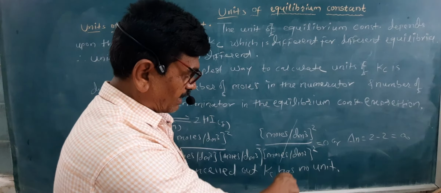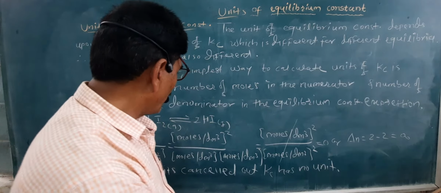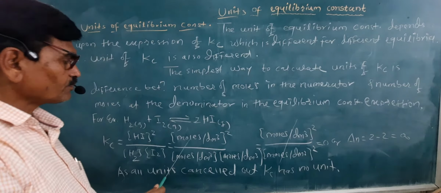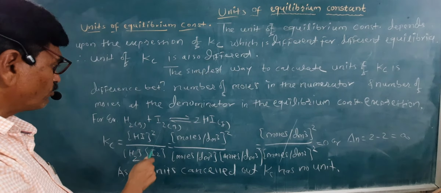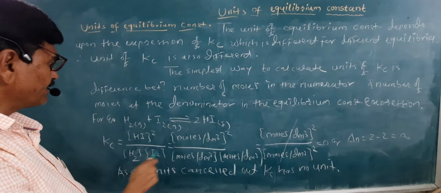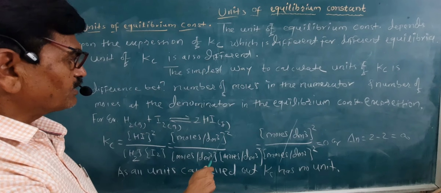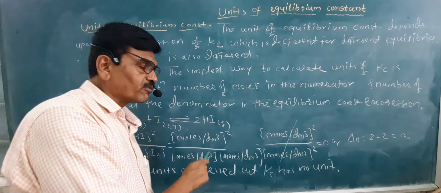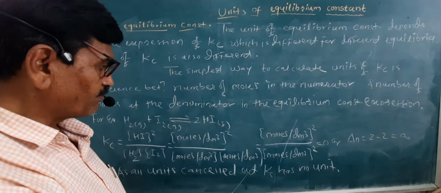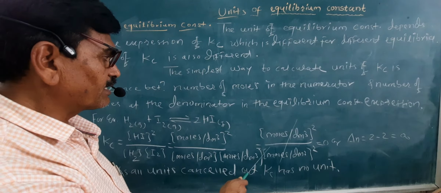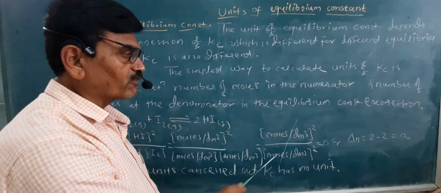So in this case, both these get cancelled out like this. See here, and that's why we will have the value 0, and that's why the unit of such a reaction, पहा, जिथे number of moles of gaseous products are equal to the number of moles of gaseous reactants, इथे 2 आहेत, इथे 1 अधिक 1 2, आणि अशा रिॲक्शनचं जे युनिट आहे, इक्विलिब्रियम कॉन्स्टंटचं जे युनिट आहे, हे 0 येतं. हे आपण लक्षात ठेवलं पाहिजे. अशा पद्धतीने आपल्याला कुठल्याही रिव्हर्सिबल केमिकल रिॲक्शनचं त्याची इक्विलिब्रियम कॉन्स्टंट एक्सप्रेशन लिहून युनिट कॅल्क्युलेट करता येतं.